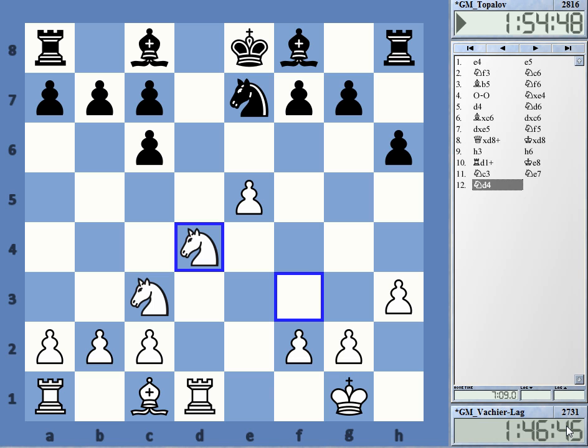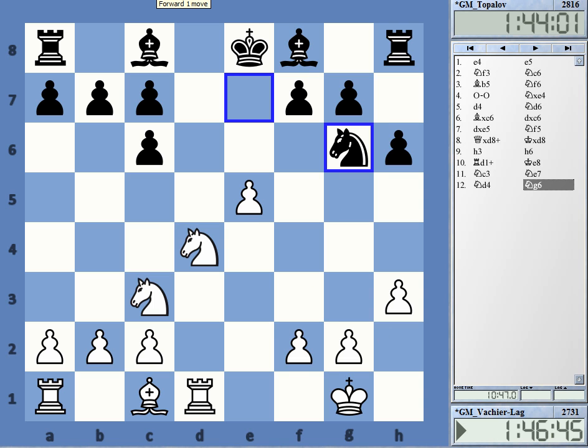We follow a game quite a bit, but it seems that it wasn't all prep. Yeah, knight d4, rather logical move. White wants to use the f pawn at some point. Knight g6,